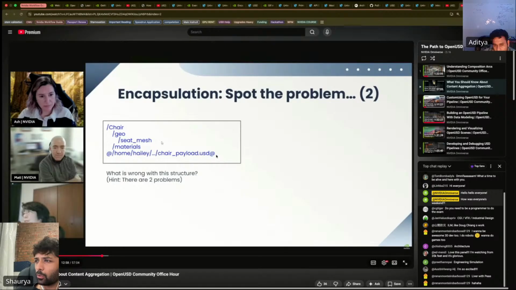The chair payload is not under the chair prim, because of which, when the chair prim is referenced in a different file, the payload will not be accessible. Okay. And the second one,